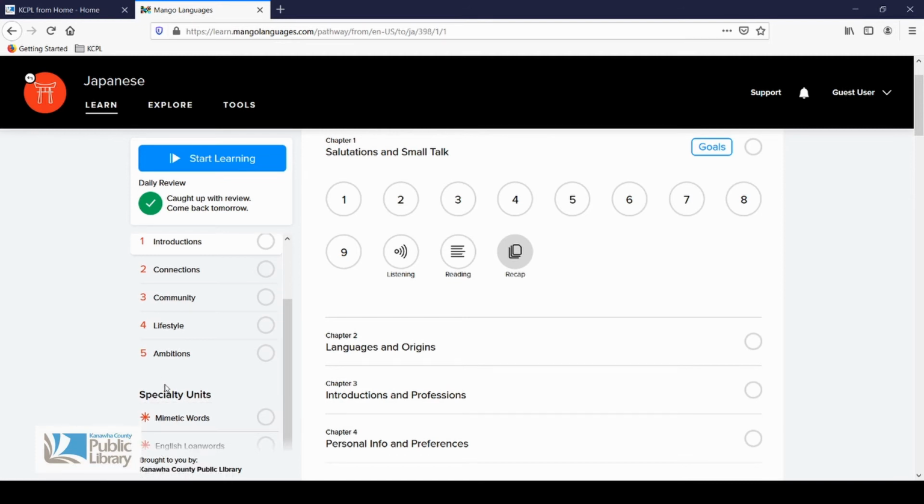Now, each language also will have a collection of specialty units over here on the left-hand side. Some of these specialty units are for specific challenges, in the case of Japanese, English loanwords, or for other popular languages, mostly European languages, there will be lessons based on specific events as well as some commonly used lessons. If you were to pick a lesson,